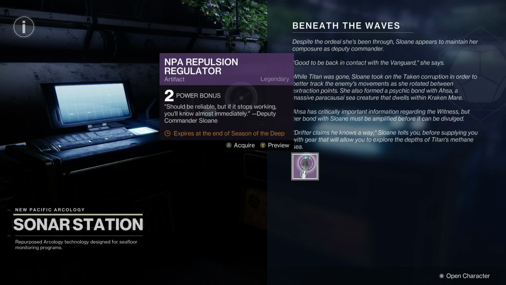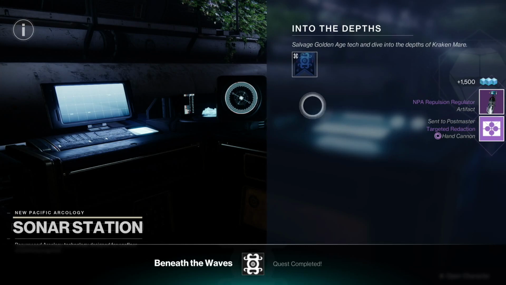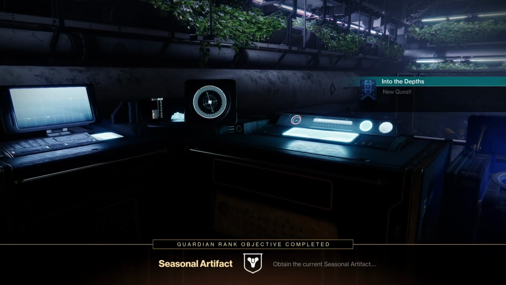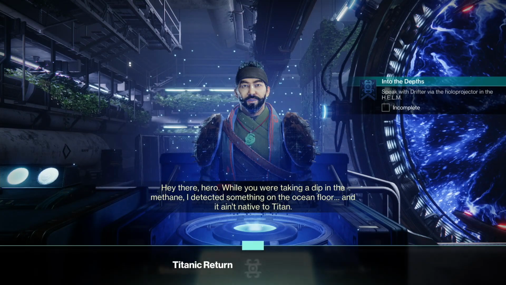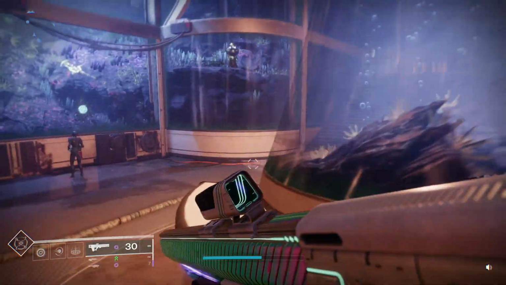Repulsor regulator. Power bonus. Huh, interesting. A new hand cannon that also looks like it's got kind of a Taken Blight skin on it. This could be a very interesting and very cool season, guys. I'm starting to just get some hints just looking at visuals. So I gather that this is kind of our new...